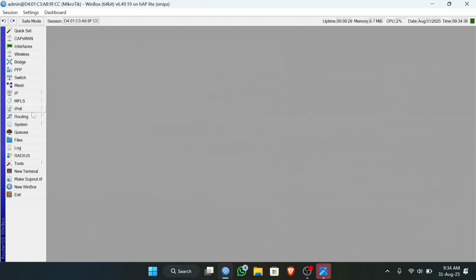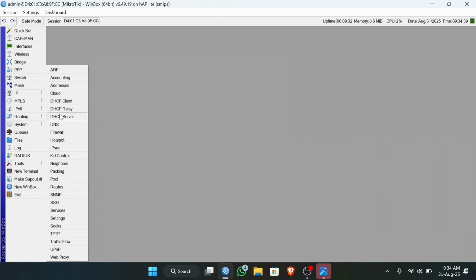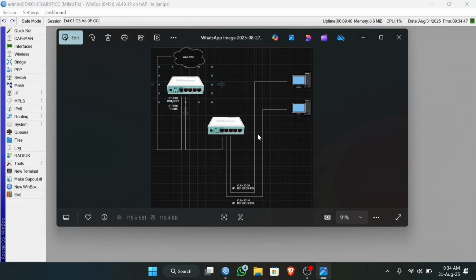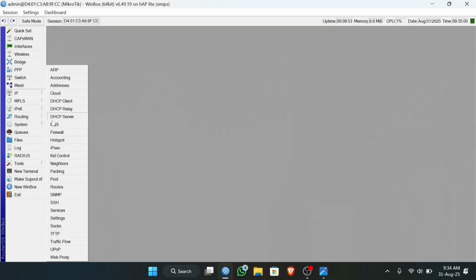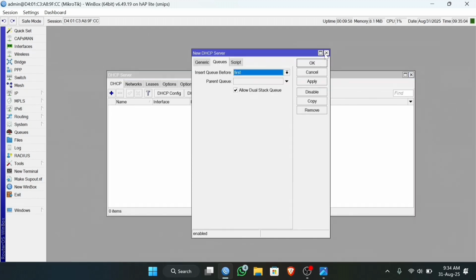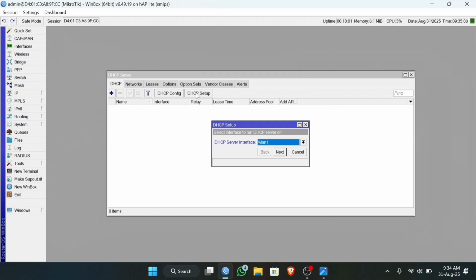we set up the DHCP server for every VLAN, so that every virtual LAN can give IP addresses to the hosts connected to the switch. How to make it? Click IP, DHCP Server, and click DHCP Setup, then change the interface to VLAN 10.